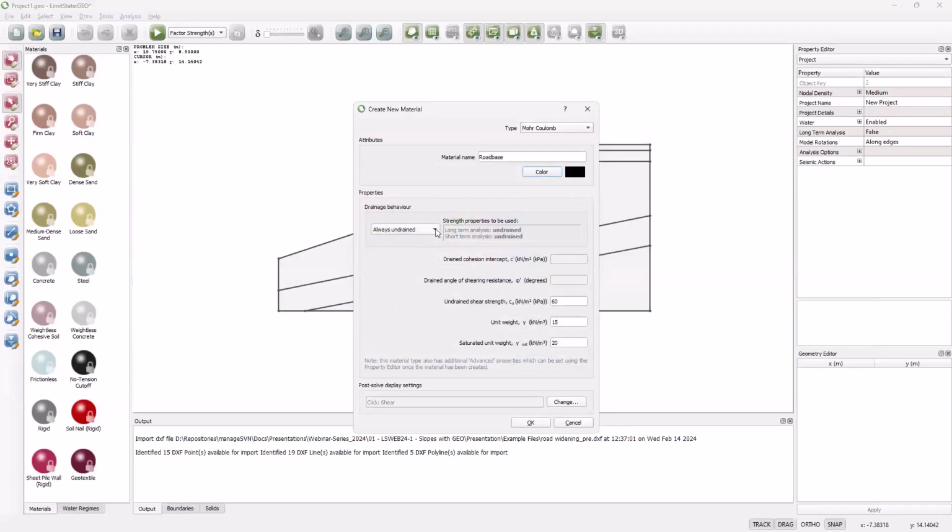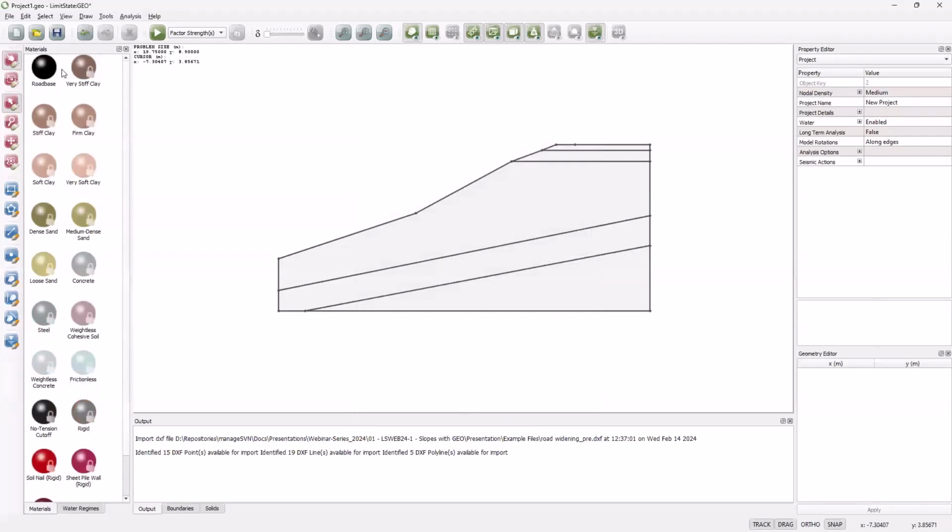Now we can choose whether the material will behave always in a drained manner, in an undrained manner, or whether we can switch from one to another according to whether we're doing a long or short-term analysis. Here I'm just going to pick always drained, and the properties we had in the PowerPoint before were C-10, Phi-45, the dry unit weight of 18. There is provision to put in saturated unit weights, but we're just going to deal with dry problems in this short presentation, so I'll just stick with the default value for that. So that goes in,